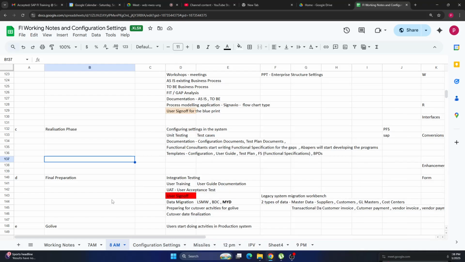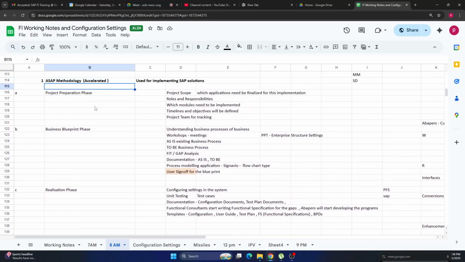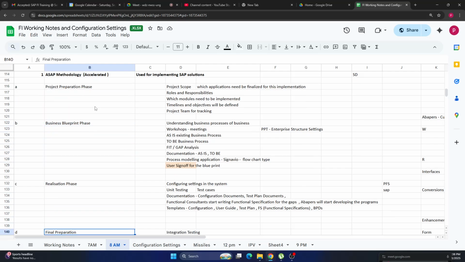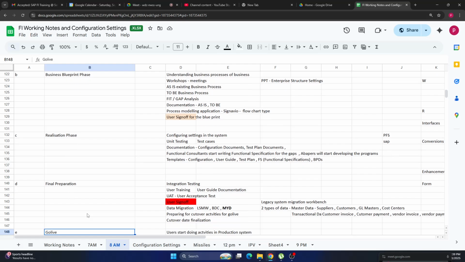Continuing this recording session. We understood the project preparation phase, the blueprint phase, the realization phase. During the realization phase itself, we'll do final preparation. We'll make sure that final testing will be done here, user training will be done,